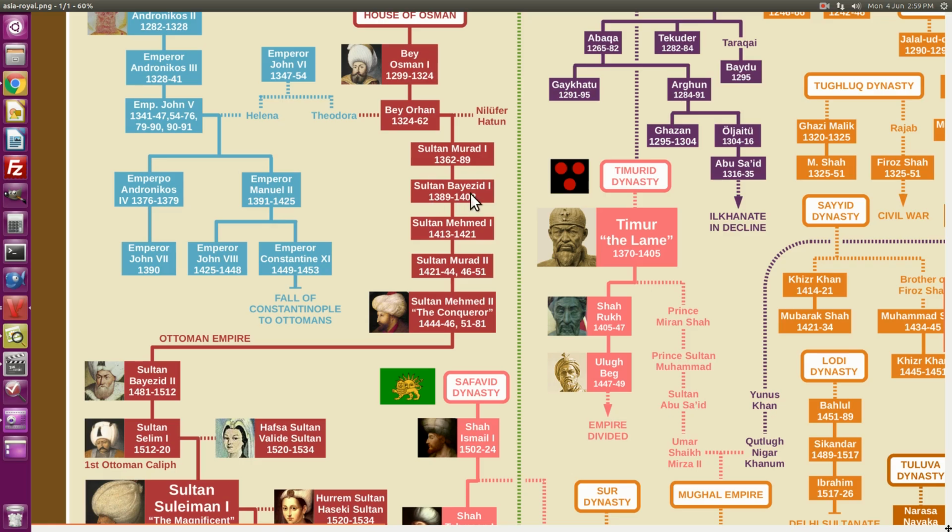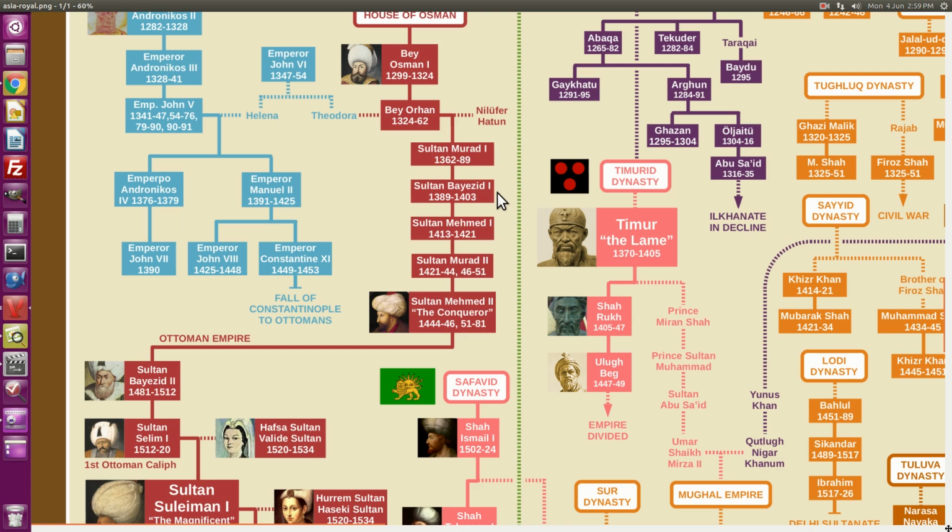And often what would happen is when one son won out, they would then kill all their remaining brothers so that there would be no more threats in the future. Now, I should point out here,